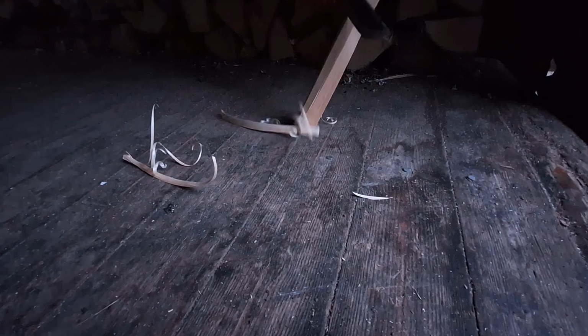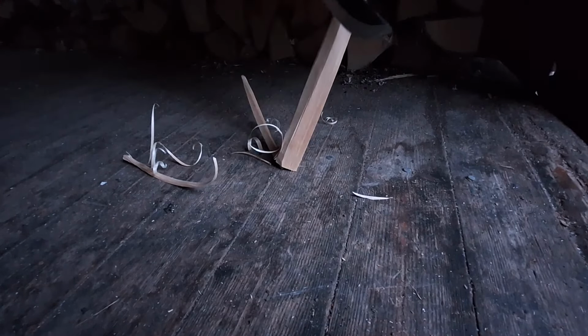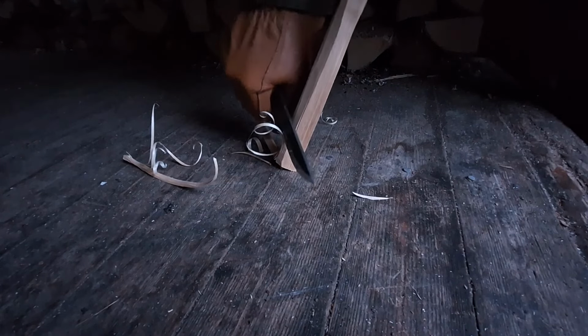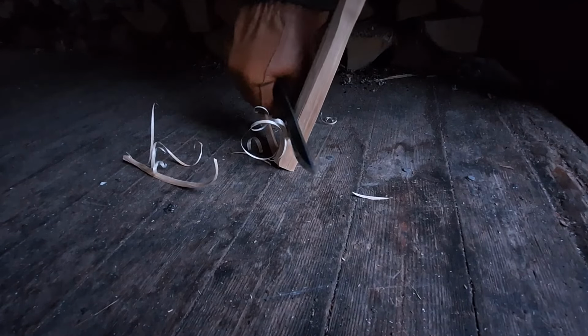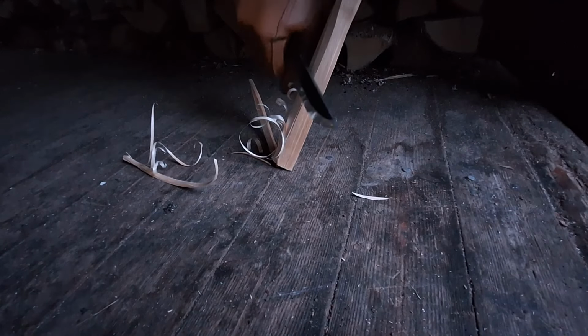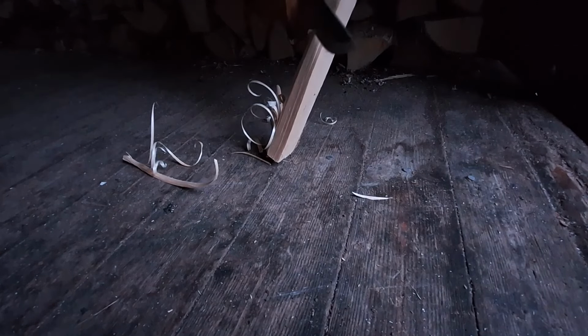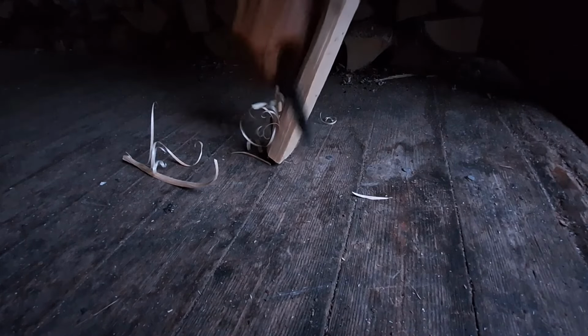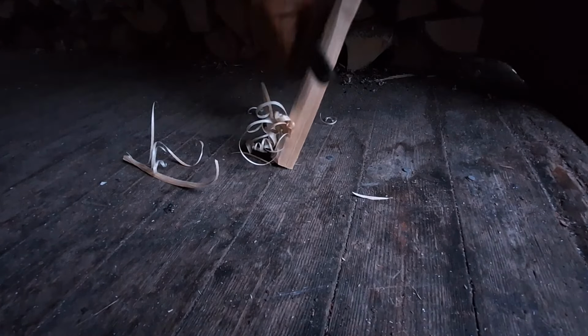So it's always a bit of a trade-off with this. You want to keep the touch quite light with feathers, but you can do those. So it's maybe not that forgiving with feathers. But as you can see, you can do it. Often with different knives you need to find the different angles, so it's totally okay. It's not the best knife that I have for feathers, but then again,